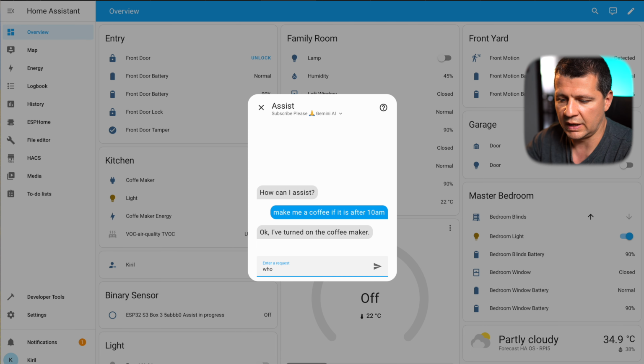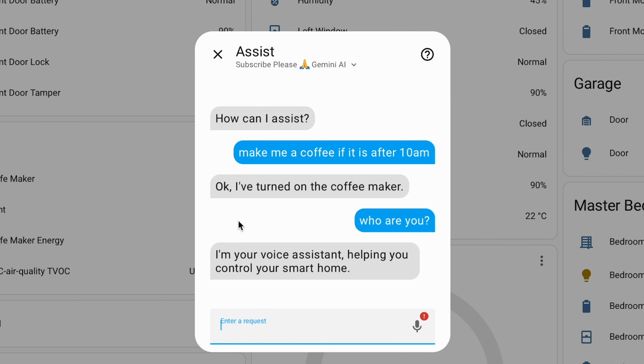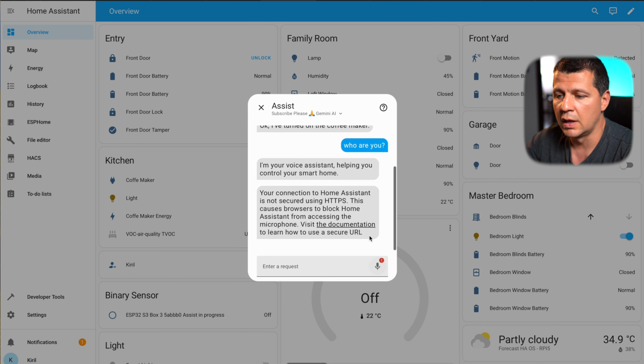I can also type who are you? I'm your voice assistant helping you control your smart home. Okay, this exclamation mark here means that I cannot use the microphone on this browser because I'm not using an HTTPS connection to open this Home Assistant test environment. And because of that, I can only use text or this device, which is